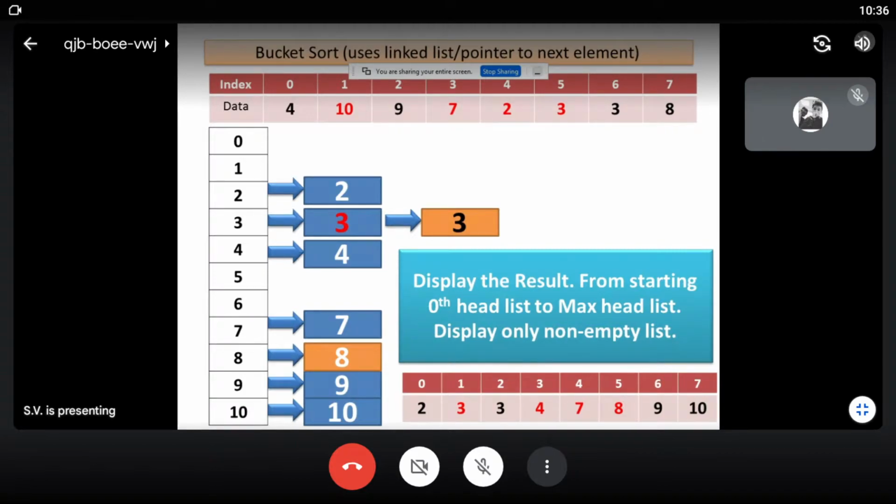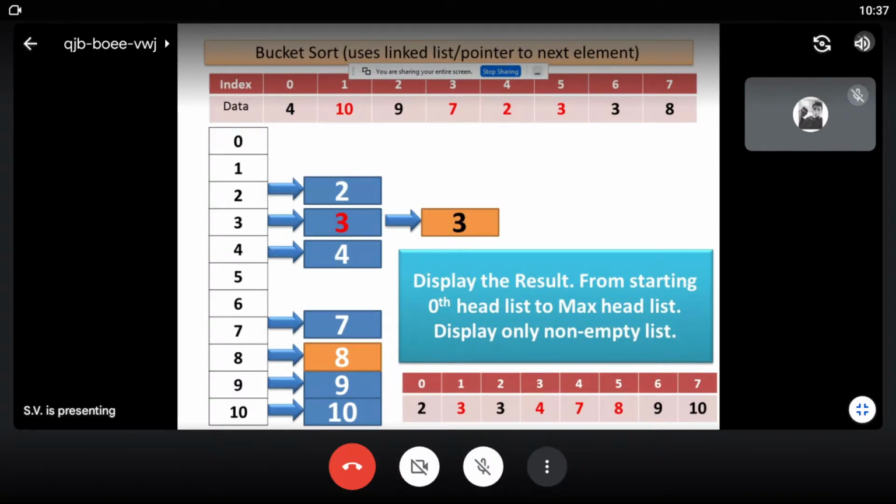So a lot of space complexity may occur in bucket sort, and therefore there are some limitations. If you manage that, that means if you only include those elements in the list which have been applied, then it will have lesser space.